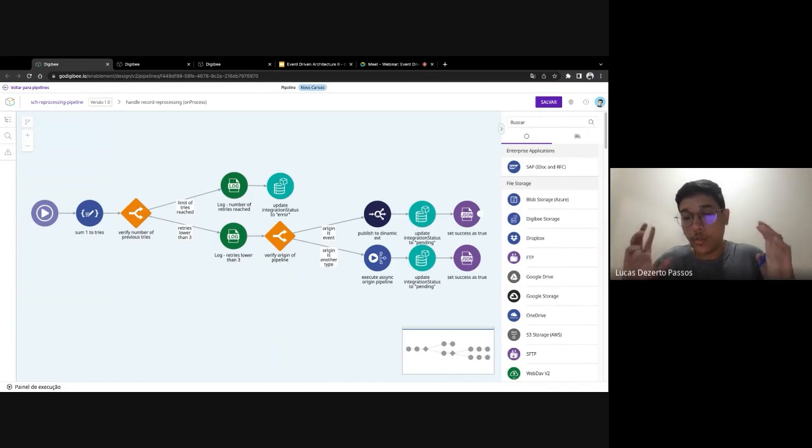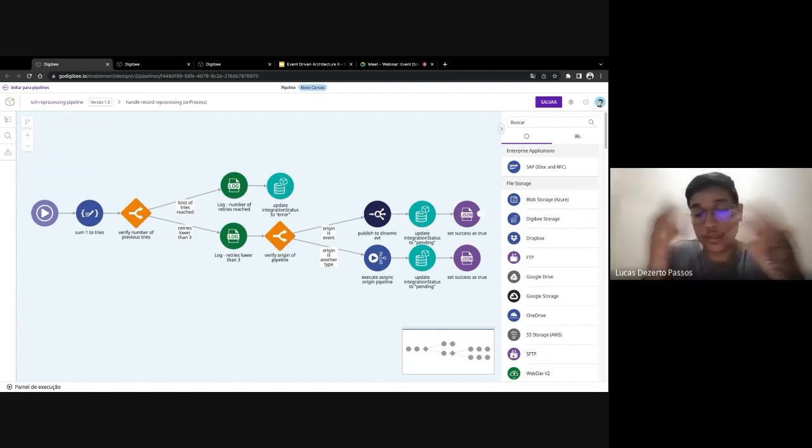Okay, so Clara solved one manual routine here. Now she does not have to enter the database daily, pick those records that have not been processed in some way, and manually send them to the processing pipeline. We solved one manual routine here, but as I said before, when we are implementing the event-driven architecture, we have to pay attention, because we can create a kind of Frankenstein of manual tasks that we create by default when we are implementing this.